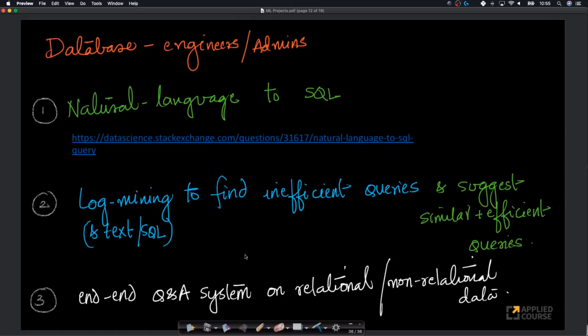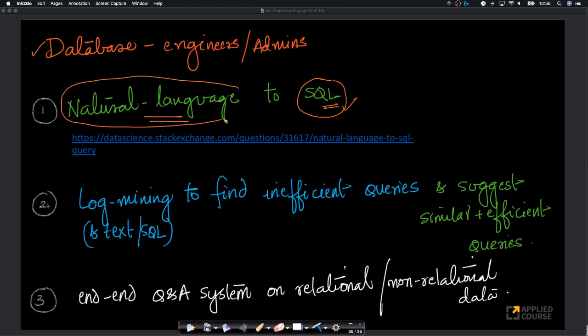Similarly, if you're a database engineer or a database administrator, there are some very interesting projects that I always wanted to build. I'll give you some reference links also. One problem that I was very curious to work on was natural language to SQL. Very interesting problem. Today, only people who know SQL can query the database that you are an engineer or admin of. What if people can speak in natural language? Imagine if people can say,